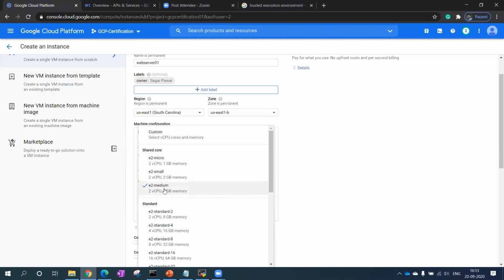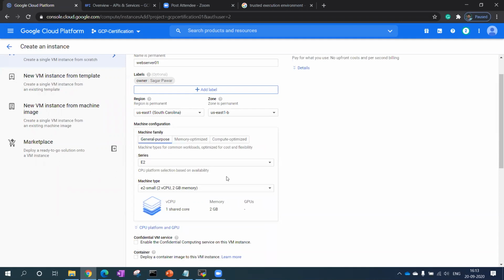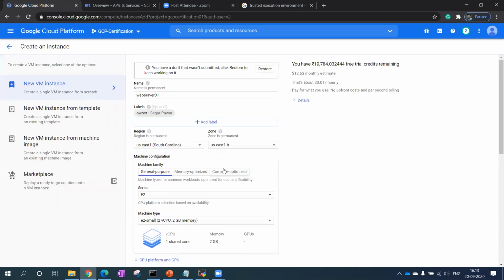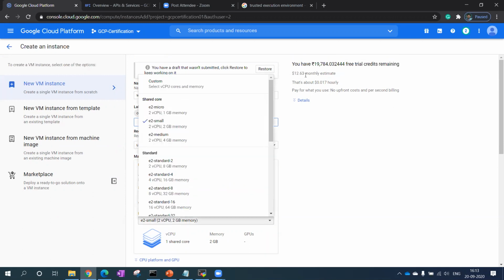I will go with the medium, or I can even go with the small, it's fine with me. And one more thing: when you start to create a VM, on the right hand side you can see your cost. When you select this VM, if I change my VM, you can see the $12 monthly basis.